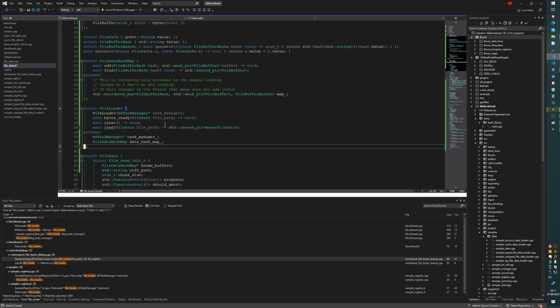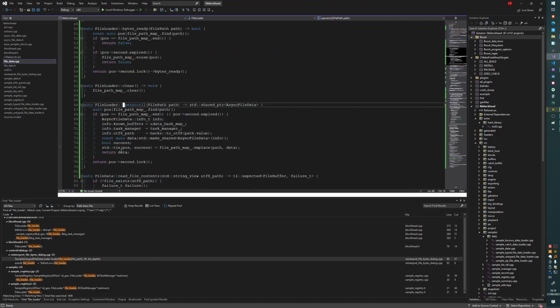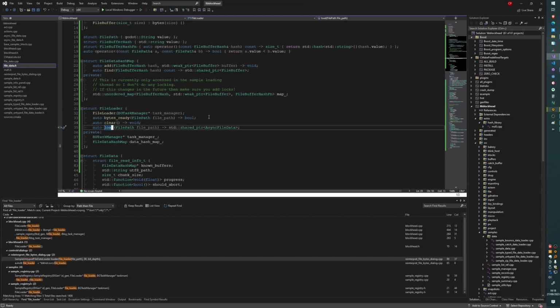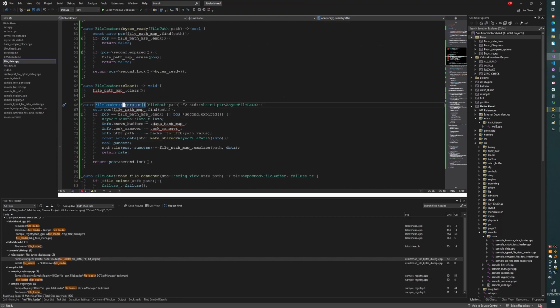Get rid of this. But we'll keep this loader thing. I'm going to return this async file path, which is just always going to kick off a sample loading operation. But when it gets to the point of generating that hash,